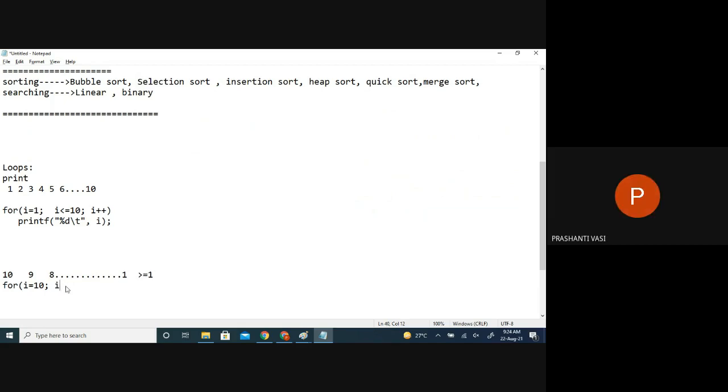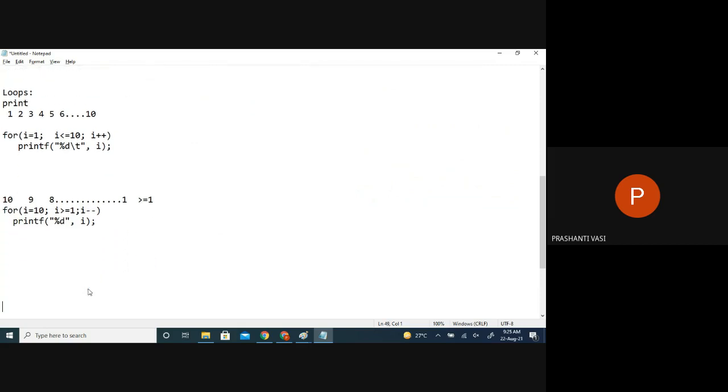When you look at a pattern, we should understand which condition will satisfy all the numbers which are more than or equal to 1 starting from 10. And how am I going to move after 10? What is the next number? The number reduced by 1. So it's an easy concept. Just write the link, the relation between the numbers, and then you can proceed with the for loop.